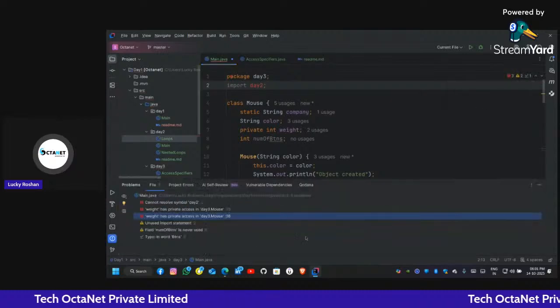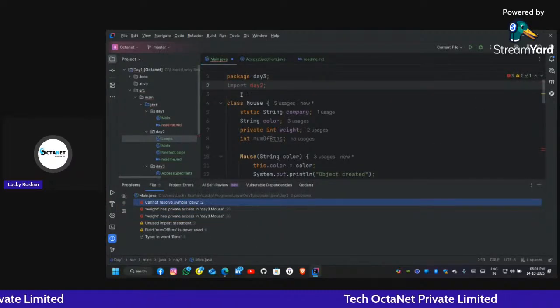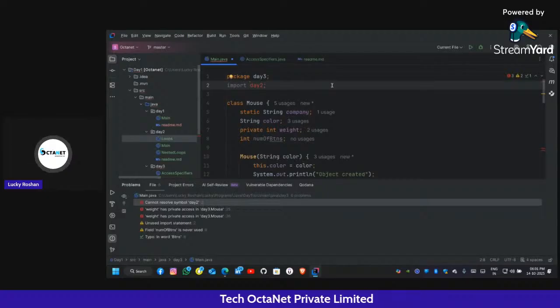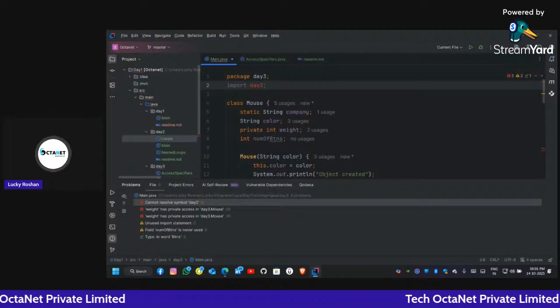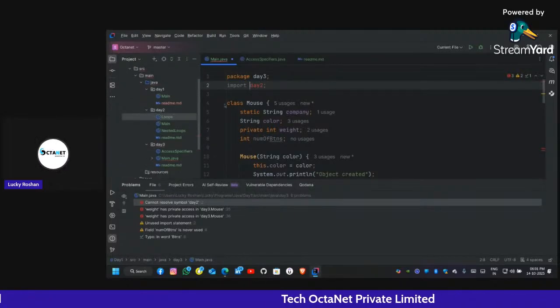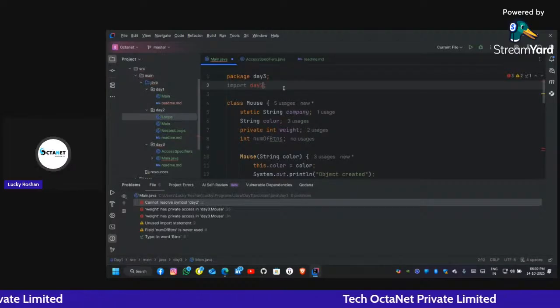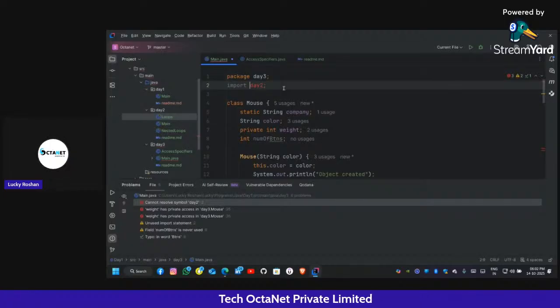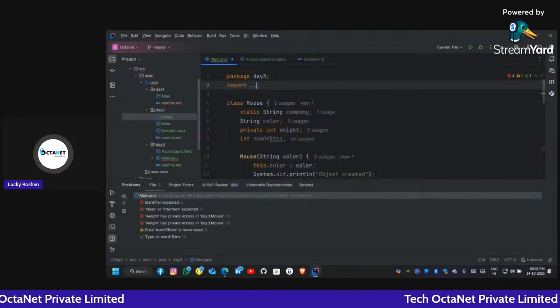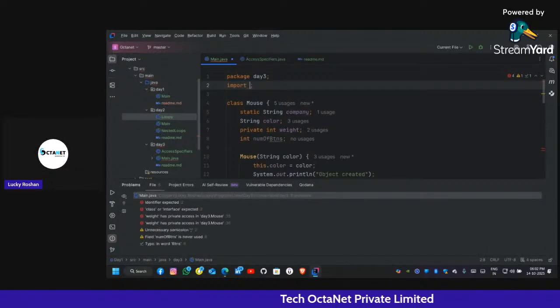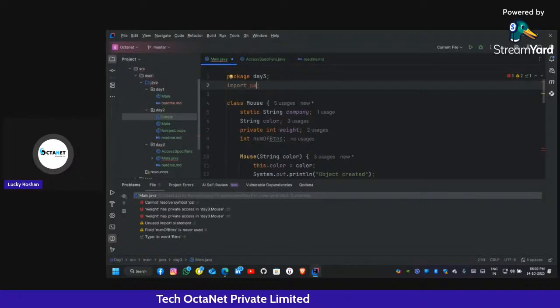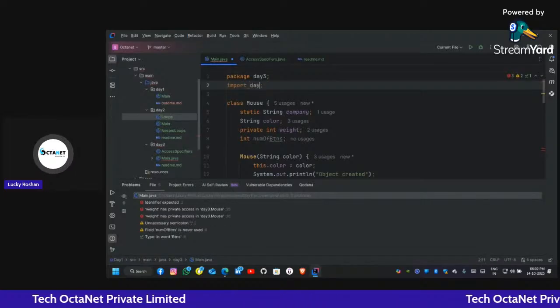Let's see what the error is. Cannot resolve symbol day 2. Import we should write as java.main2, I think. Why is it giving us an error? It should be day 2. Import day 2. Yes, I will explain access modifiers again. Just let me check why it is giving the errors. Is it org dot, or are external packages forbidden? There is no keyword package; it should be written as import day 2 directly.